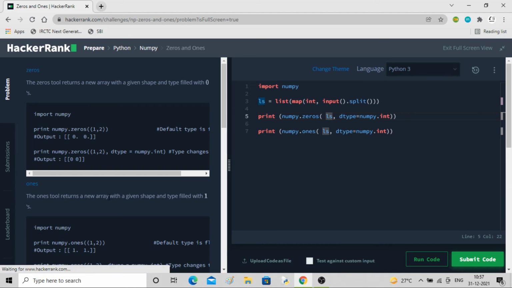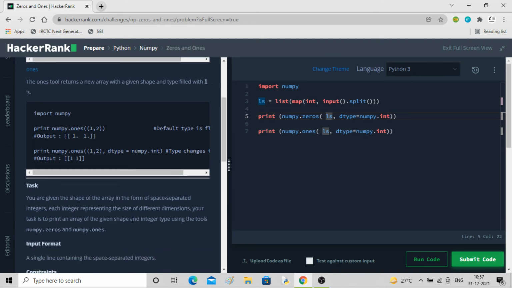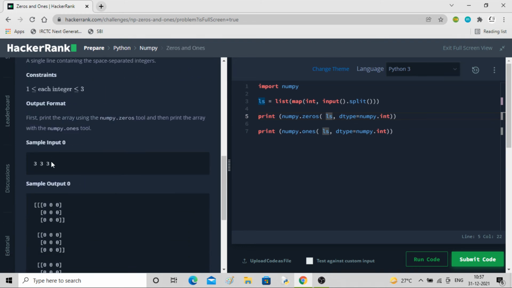Actually, the point was that I had made this specifically for 3x3x3 previously, but now it could be of any dimension, right? 3x3x3x3 also it will take. So that way n, m, p will not work, right? You need 4 variables. So I have defined a list, and that whole list I have passed here, so that I don't have to care about the dimensions.